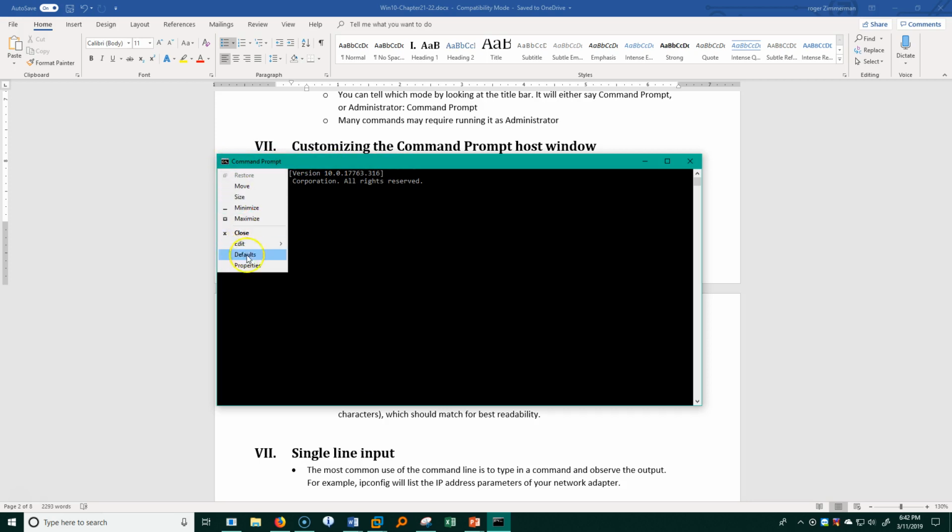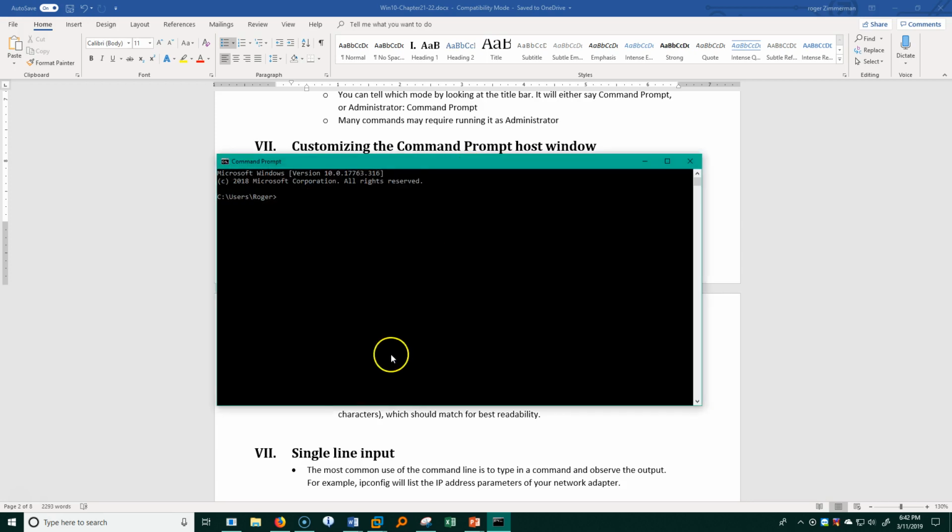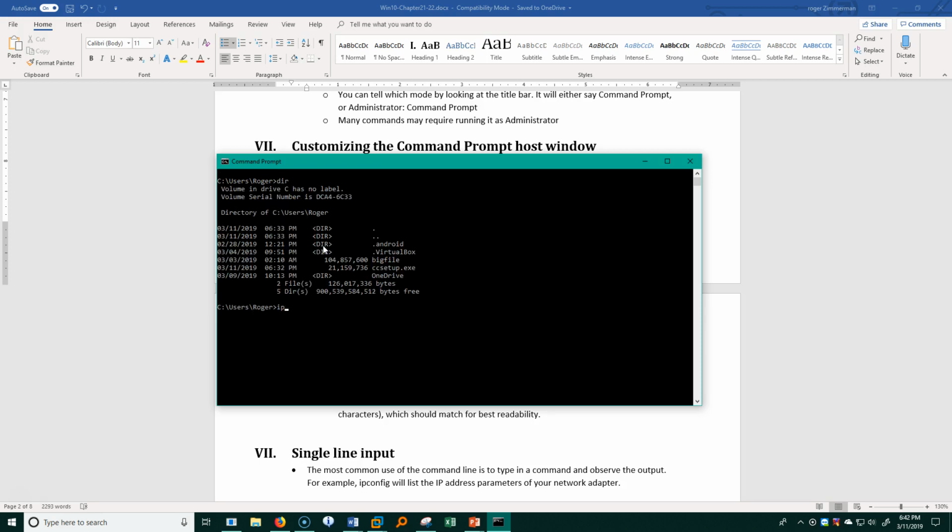If I click here and go down to properties, you can see that I can change several options. Things called the buffer size, the number of buffers. Now, what in the world is buffer size? Well, this shows a buffer of 50 items. So what does that mean? Let me run a couple of commands. I'll type cls, dir, ipconfig,